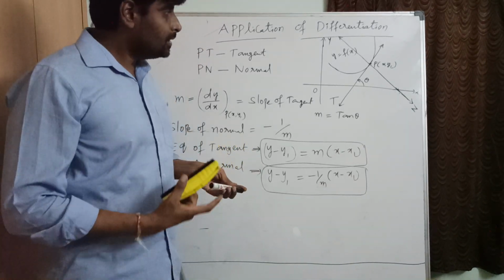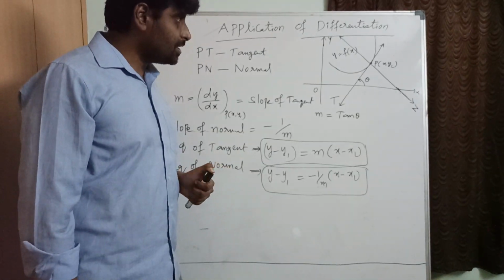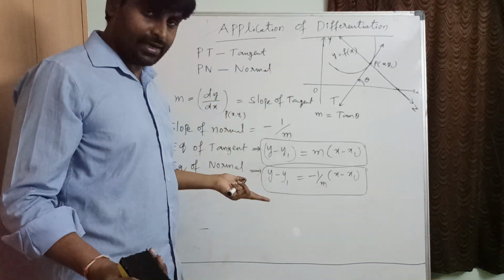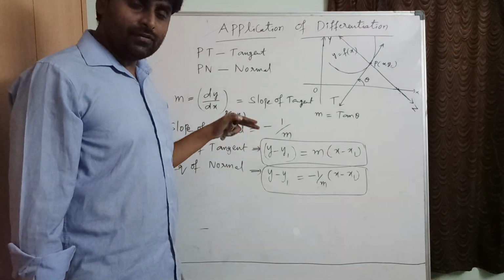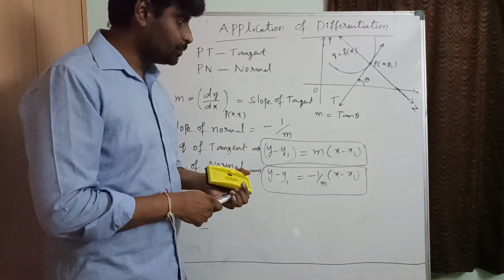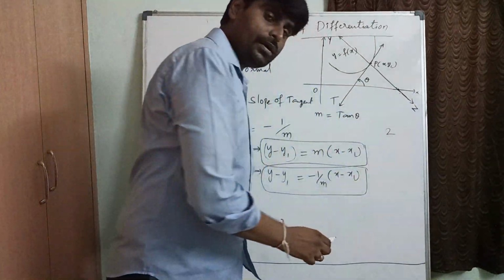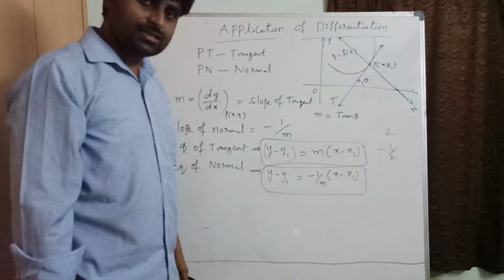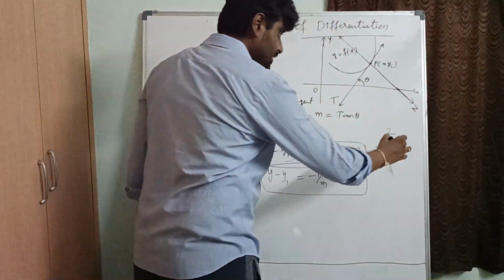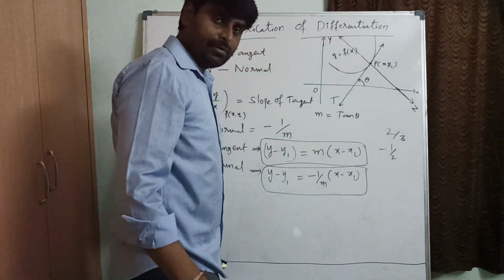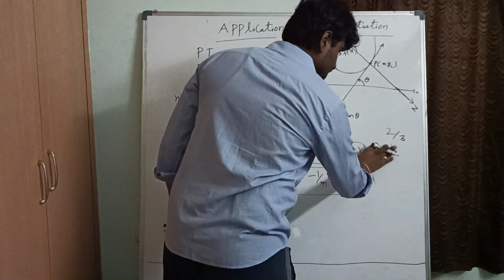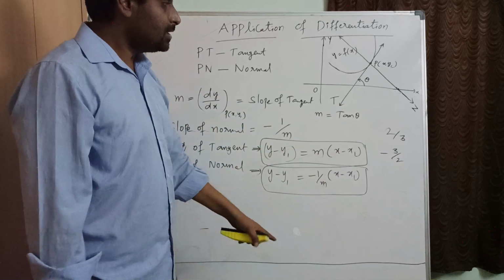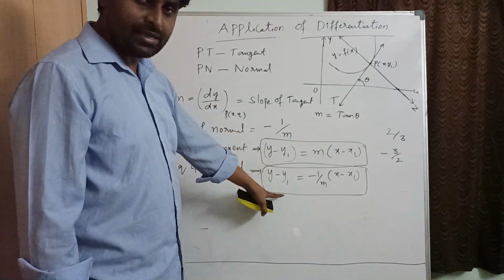Okay, in this, sometimes we'll be asked to find the slope of tangent. Simply we'll differentiate the curve and substitute the point, and we'll get it easily. And slope of normal, for example, slope of tangent is 2. What about the slope of normal? Minus 1 by 2. Correct? Similarly, for example, slope of tangent is 2 by 3. What about the slope of normal? Reciprocal and change the sign. So minus 3 by 2. Correct? So like that we can write the slope of tangent, and from that the equation of tangent also we can write.